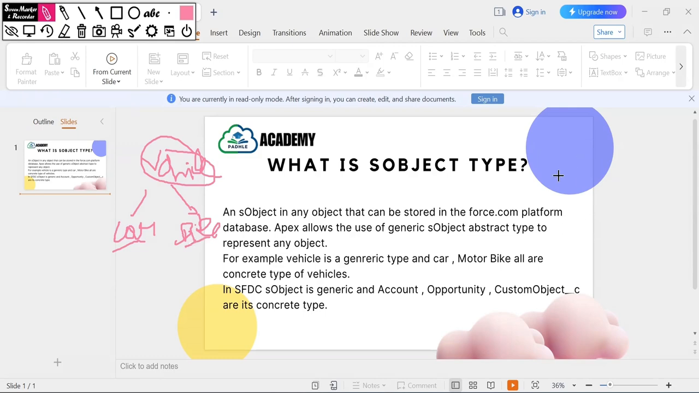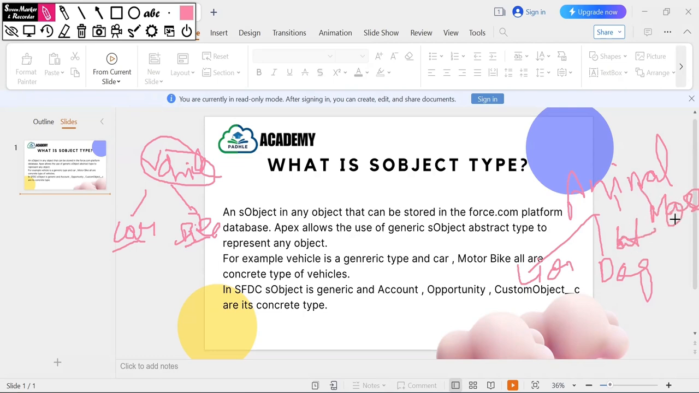Similarly, we have sObject. Now, let's say animal. Animal is a generic type. Now, lion is an animal. Dog is an animal. Cat is an animal. Mouse is an animal, right? So this is the generic type. You can say lion is an animal, there's nothing wrong in that statement. Lion is more concrete. Dog is more concrete. Similarly, sObject